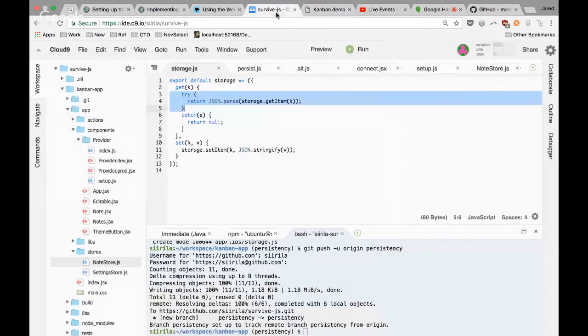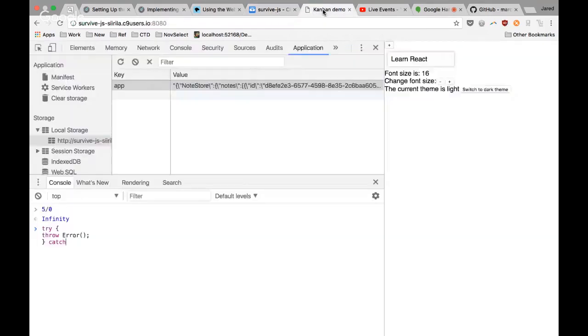Let me make sure I've got my syntax right, too. It should be right. I catch my error. There we go. So that one didn't completely blow up. What happened was I wrote this throw error line, which is forcing an error in my code. And since I hit an error, it ran this catch block to say, all right, this is what I'm running instead of just erroring out. Whereas if I did that without it,